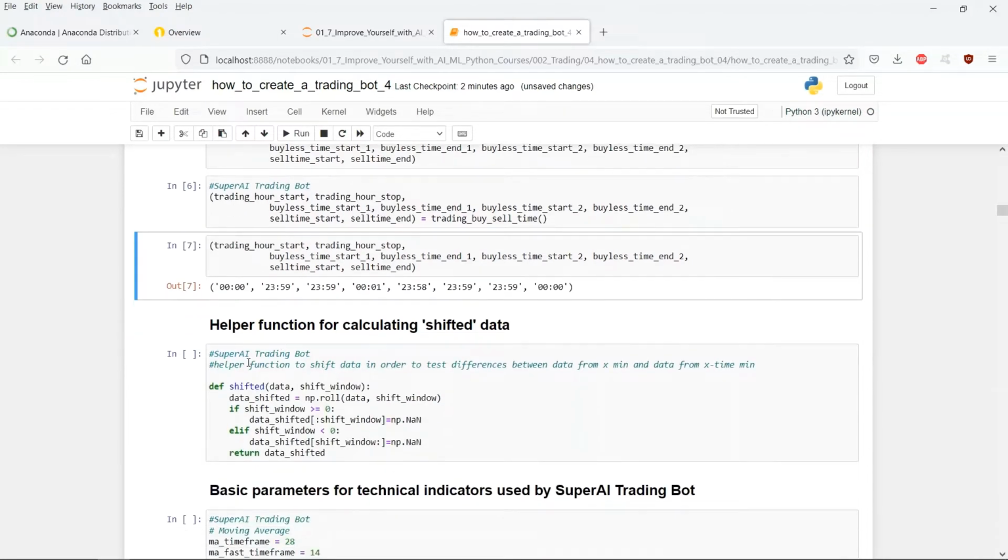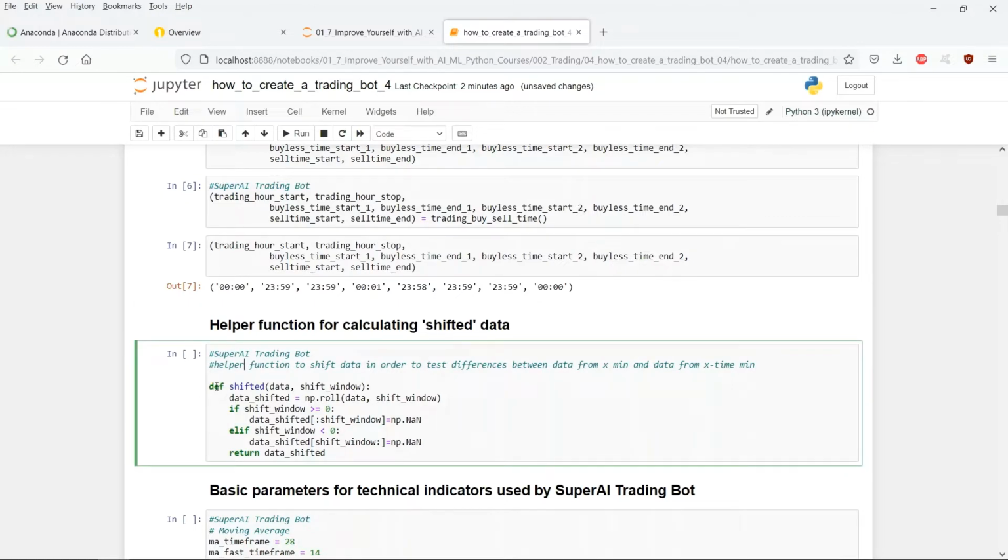Now, as you probably know, some trading strategies are comparing the situation from last minute or last day to the situation from a minute, a day before, or 2, 3 minutes, days before. That's why we create here the helper function called shifted. This function will help us shift the data we have by some time, and make it easier for our bot